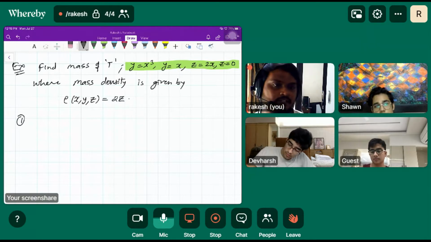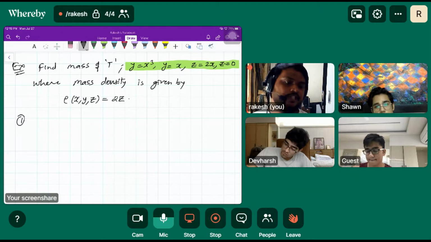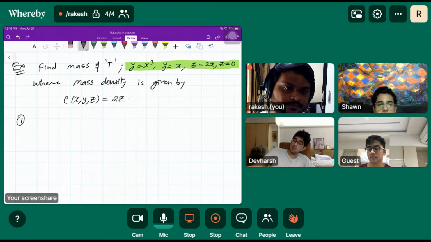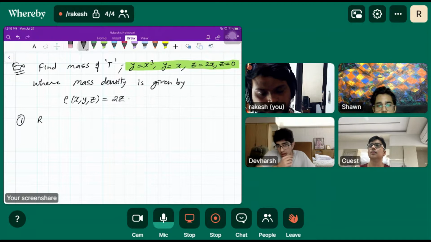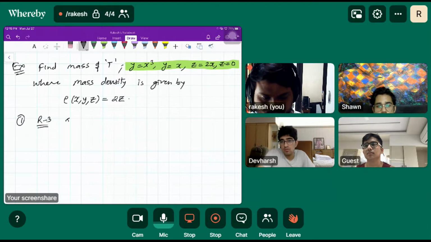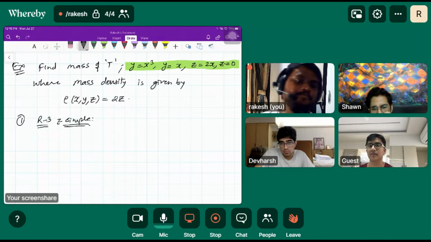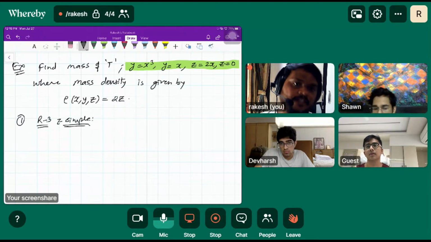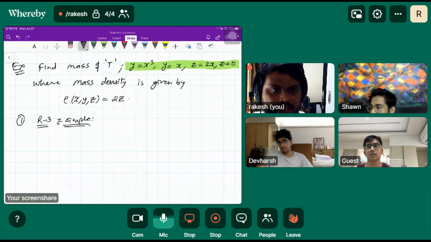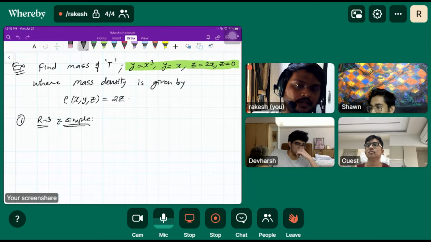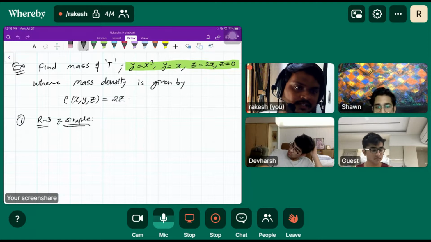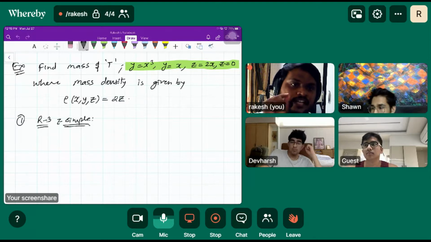If you look at the functions properly, z is equal to 0 and z is equal to 2x. So which one is your lower limit here? Z is equal to 0. Why? Because that is just the xy plane, and z is equal to 2x is some sort of surface above the xy plane. Perfect. Very good. So that is above the xy plane, and that is also mathematically understandable if you draw the region R.